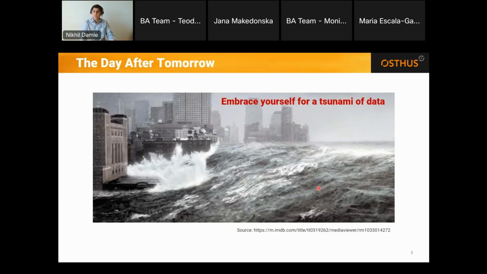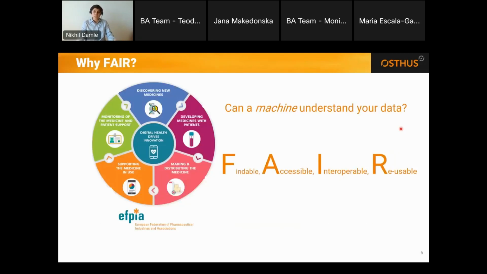Take any field, whether it is high throughput biology or chemistry or social sciences, astrophysics, we have a humongous amount of data. The real challenge here is how to make sense out of all this data. Because if we are not successful in doing this properly, then we will get lost in this tsunami. Honestly speaking, this is beyond reasonable human capabilities, and that is why nowadays we employ machines or computers for this purpose.